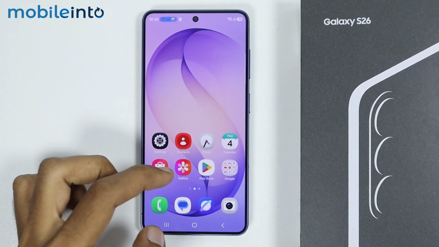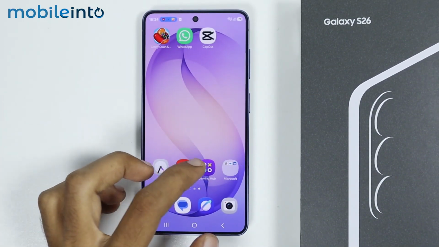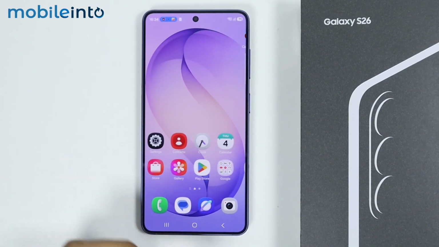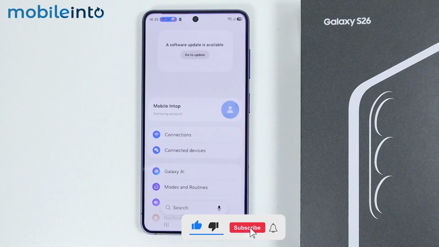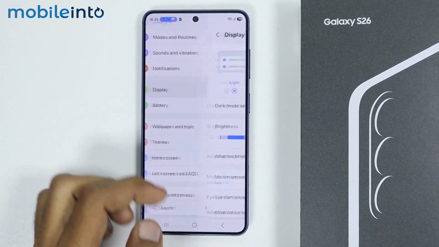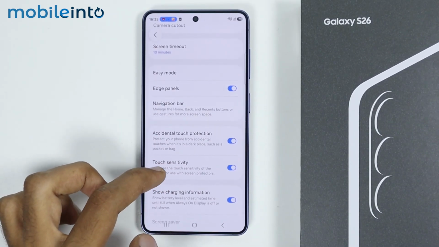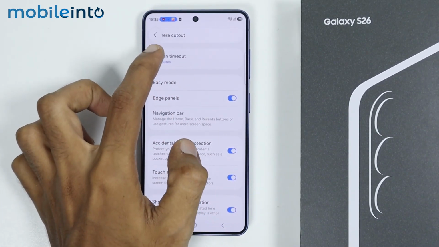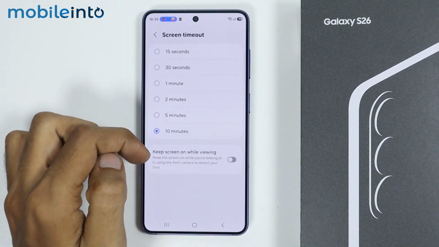In this video, I will show you how you can change the screen timeout period on your Samsung Galaxy S26, S26 Plus, or the S26 Ultra. Now to do that, just go to Settings, and under Settings, just scroll down and tap on Display. Under the Display settings, just scroll down and you will find the option for Screen Timeout. Now just tap on Screen Timeout, and from here you will be able to customize the Screen Timeout settings to